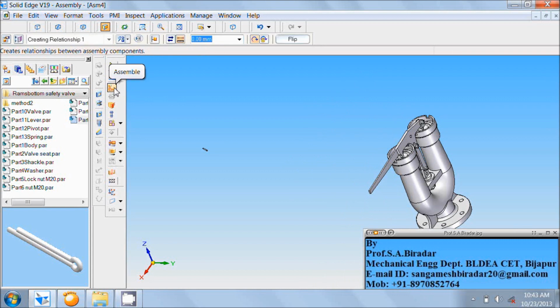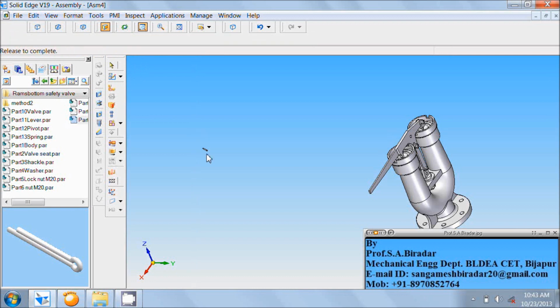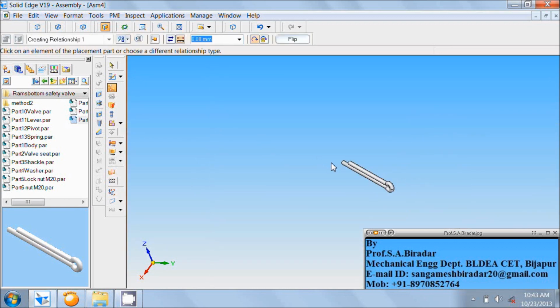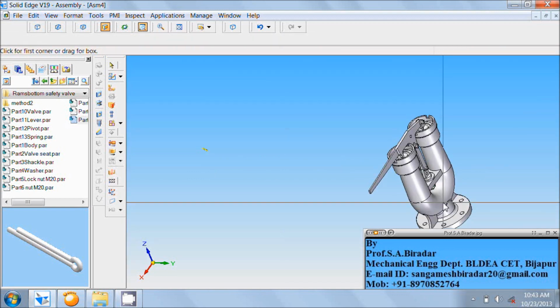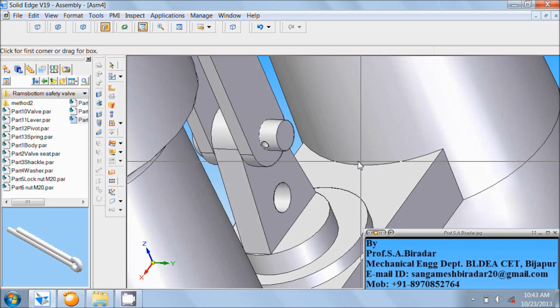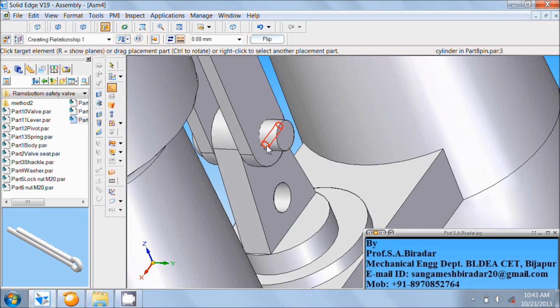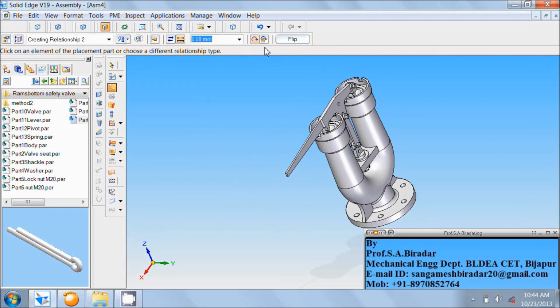proceed the same procedure, click on assembly, use zoom area, zoom this, select larger portion of the split pin, this one, fit it, use zoom area, zoom this, right click of the mouse, select this hole in the 8th part, fit it, click on lock rotation,